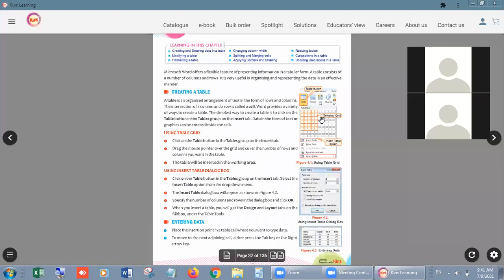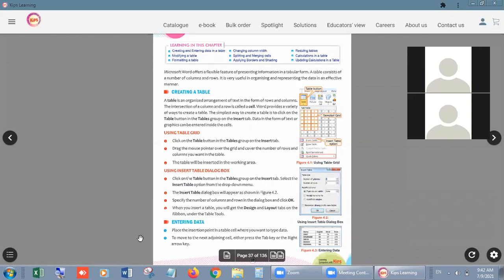Okay, so we can have another definition of a table. A table is a group of cells, students, in which we can feed data. This kind of data is called tabular data or tabular form of data. Now I am going to show you how you can create a table, right? We have 2 or 3 ways in which we can create a table.